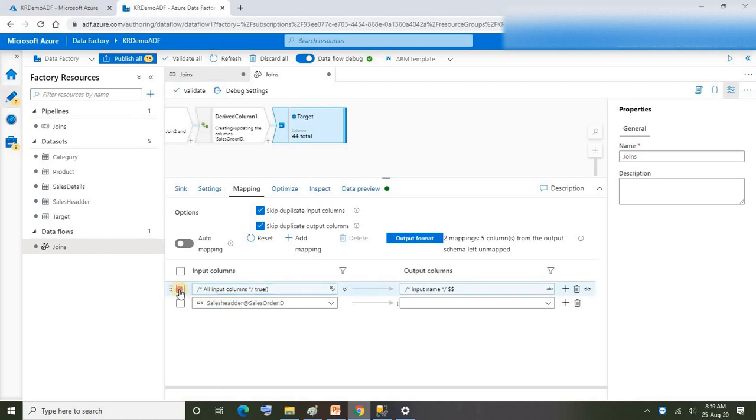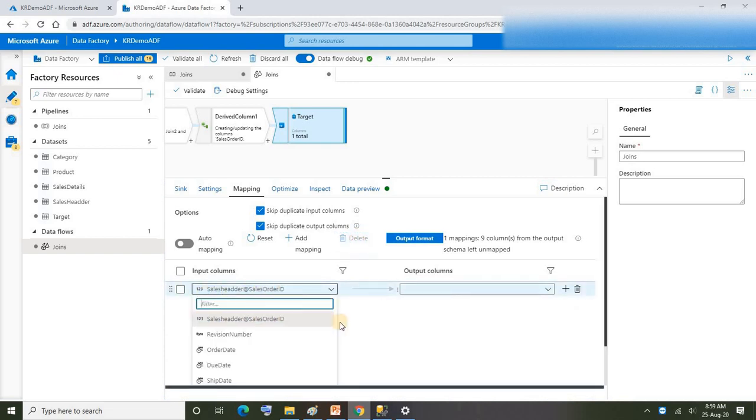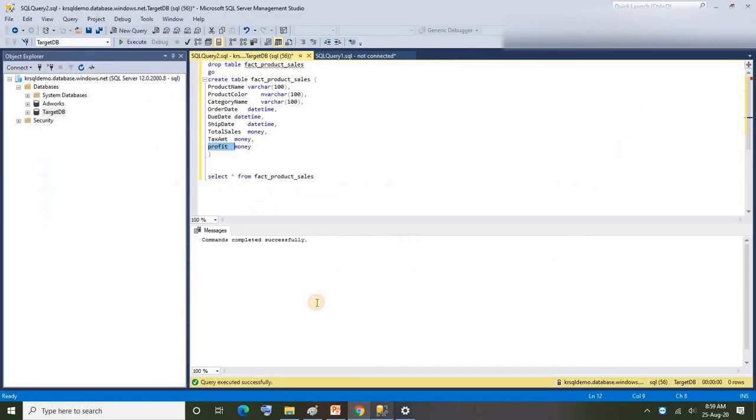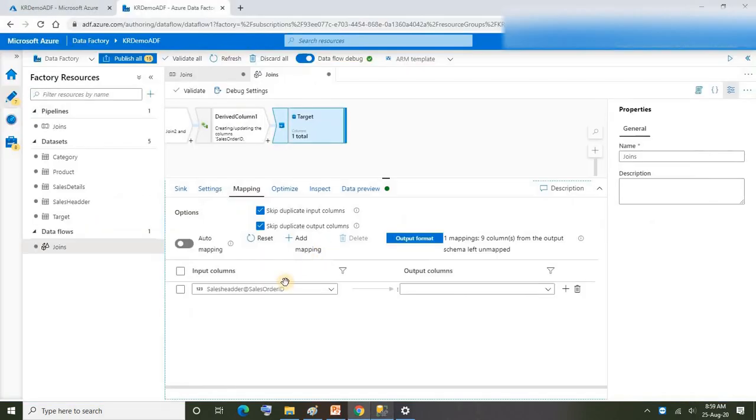I'm going to take off this first one, that is the auto mapped one. Let me take off that, and let me look at our target table. We know that these are the columns that we need to map from source, right? Let me start and keep mapping. First one is product name.